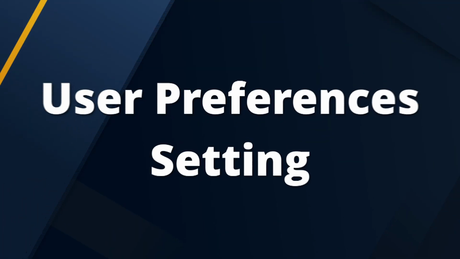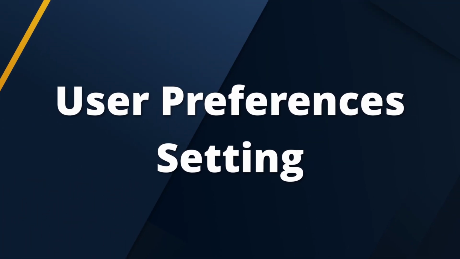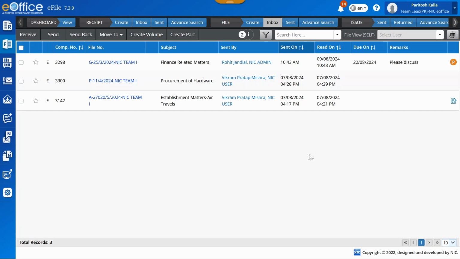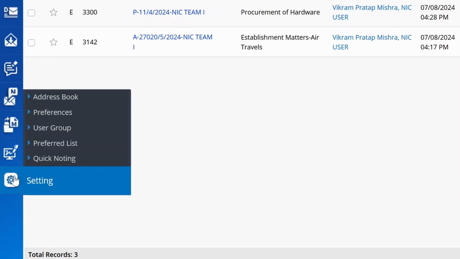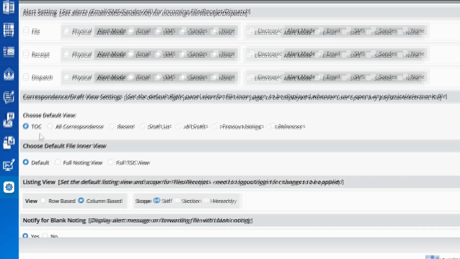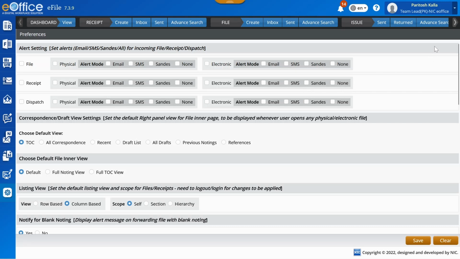Let's see Preferences. The Preferences in the file management system is available under the Settings on the navigation panel. You can just click it to view a bunch of options one after other, which can be set to behave as per your convenience. Let us understand these preferences and the options available with each of them.